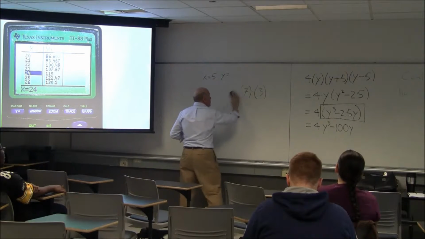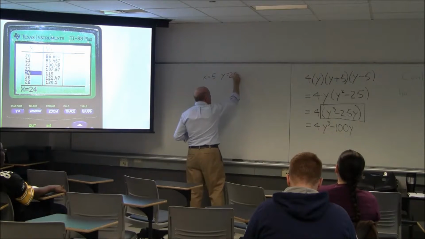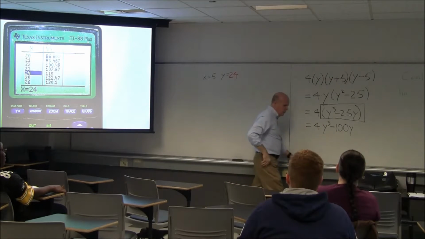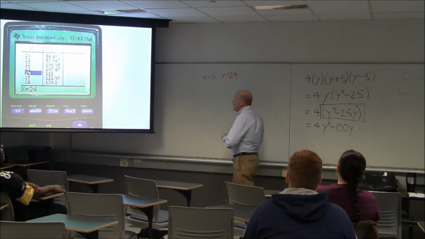So x is 5, y is 24. Oh, that's not a good word. Just tell us the kind that we'll never erase. X is 5, y is